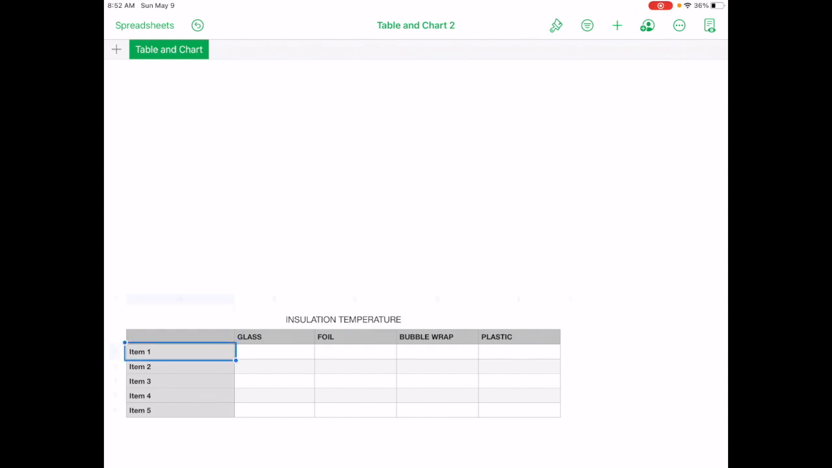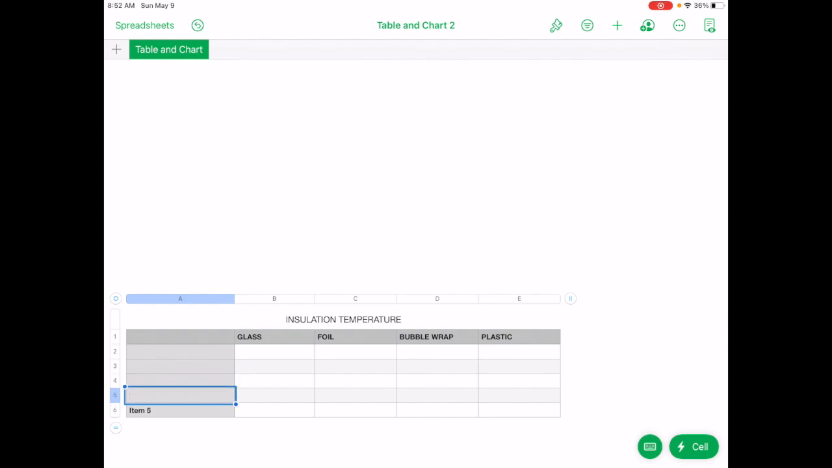Where it says items, that's going to be our times. Remember, we tested each of these with hot water for a period of 5 minutes and then recorded how the temperature dropped. So I'm going to go ahead and take each one of those out of there because I don't need those. And you'll notice right beyond that last row where you see the blue highlighted number 6,